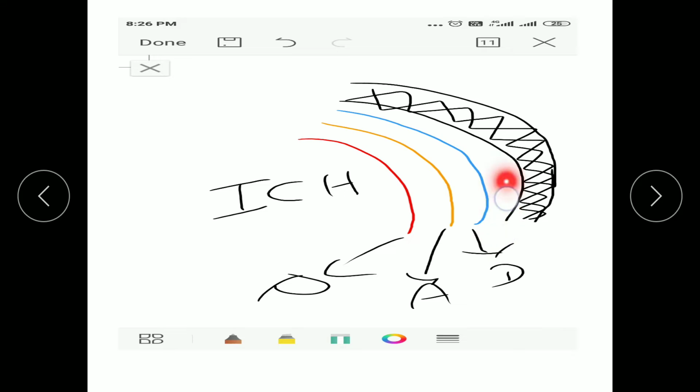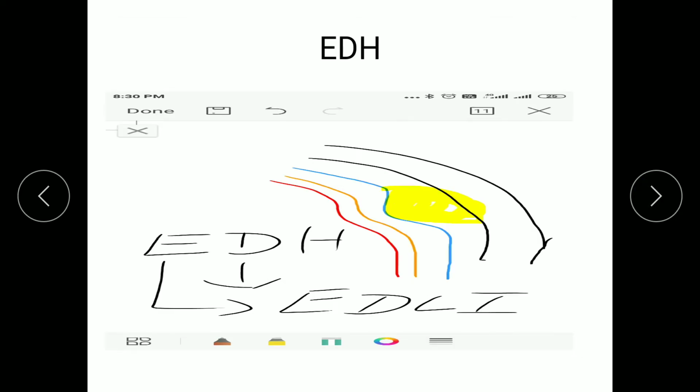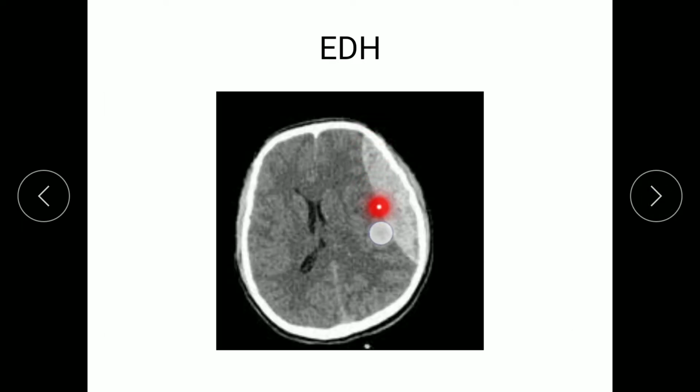This epidural hematoma is always from an arterial source, so blood will be leaking under high pressure, so it will compress your brain. In EDH, you can see that the dura mater is being compressed downwards or inwards, therefore this will be biconvex. To remember, E for idli shape example, you can see this biconvex. This is EDH.